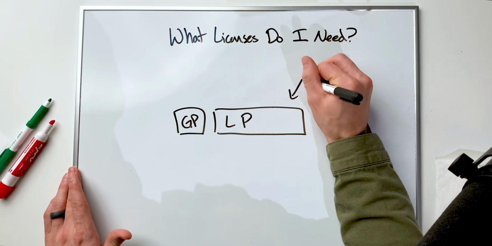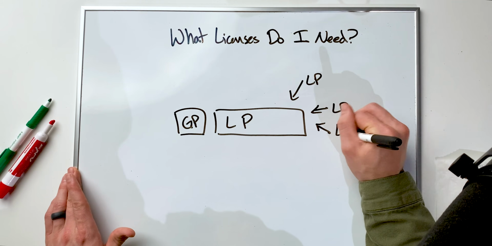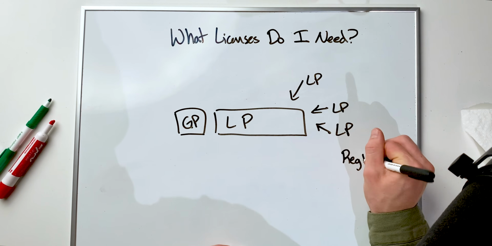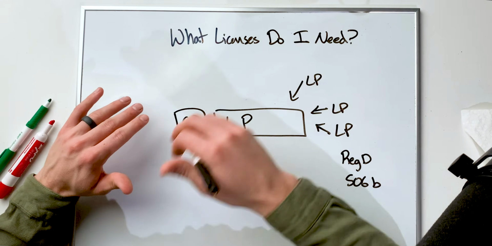Simple structure again, we have our general partner, we have our limited partnership or fund, and you have limited partners or investors that come into the fund and invest money into the fund. This is the basic structure of how funds work that I talked about in a previous episode. And this is all under Reg D, the 506(b) type of fund that we're going to talk about today. So Bridger, what licenses do I need to actually do this?